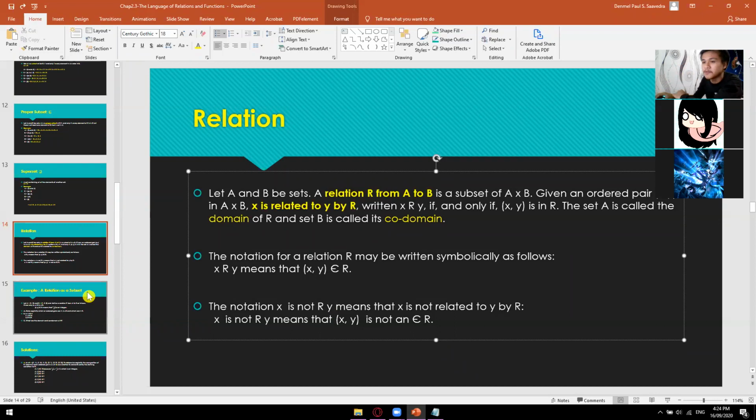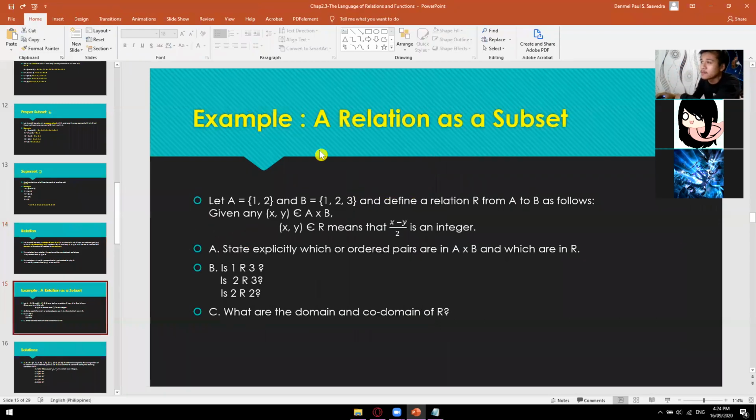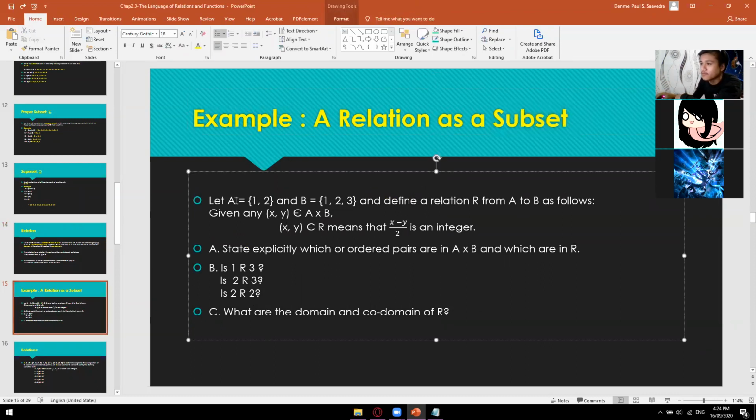Okay? So, yun na naman pinag-iba. So, for you to appreciate this one, so we have an example. So, a relation as a subset. Okay, so we have a set A wherein it contains element 1 and 2, and then set B wherein it contains element 1, 2, 3. Okay, and define a relation R from A to B as follows. So given any element x, y is an element of A times B, meaning,